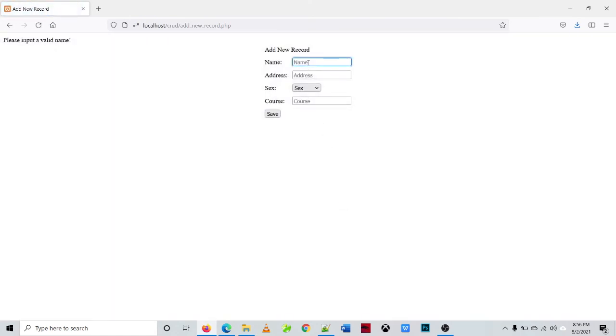So we try to add, for example, say Mark Rodriguez. Then we will not add an address for this person. Then click the save button, and then please input a valid address. So that means it will require you to specify the address. So for example, New York,